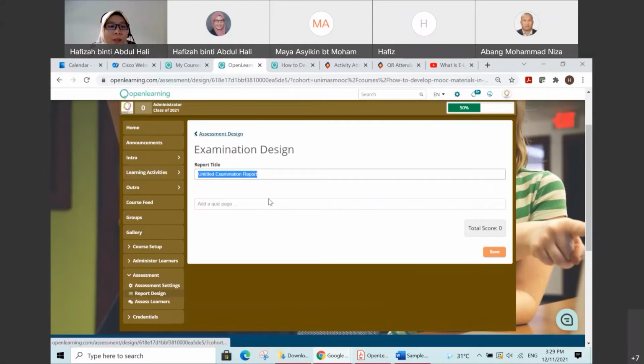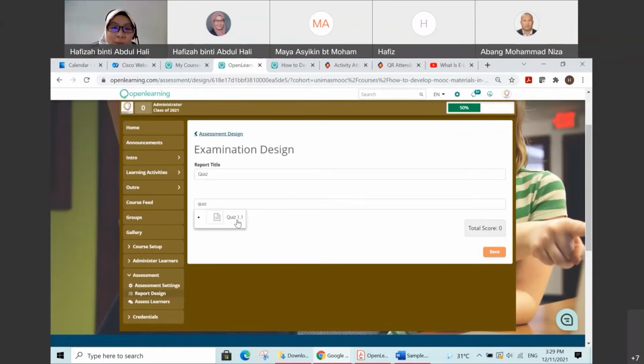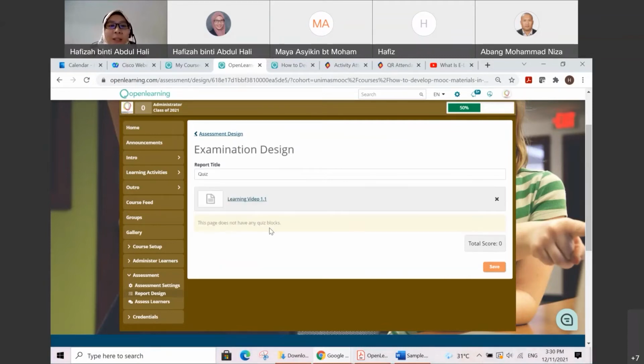So if you remember, we have another widget, quiz widget that we have used, which is quiz. Okay, so quiz, and then click on it. Remember again, what is the page for your assessment? Quiz. It will give you something like this. But for example, maybe in my learning video, for example, yeah. If we click learning video,